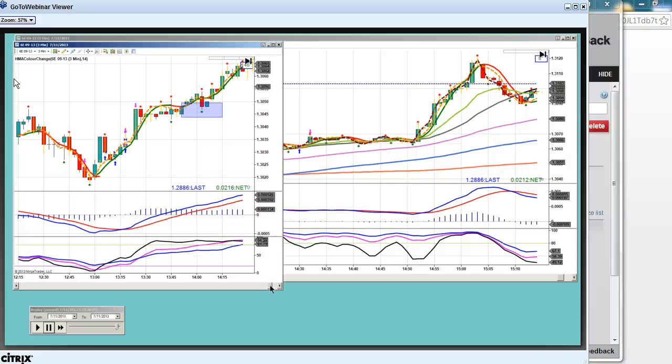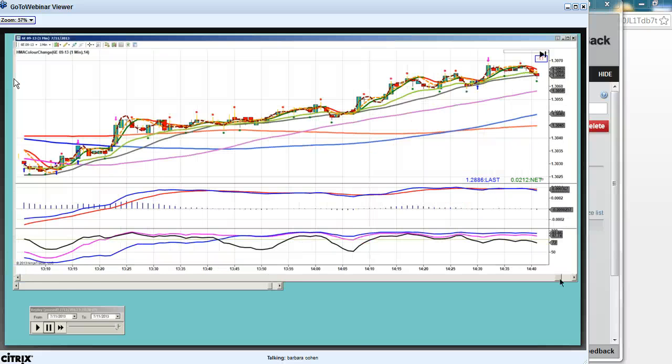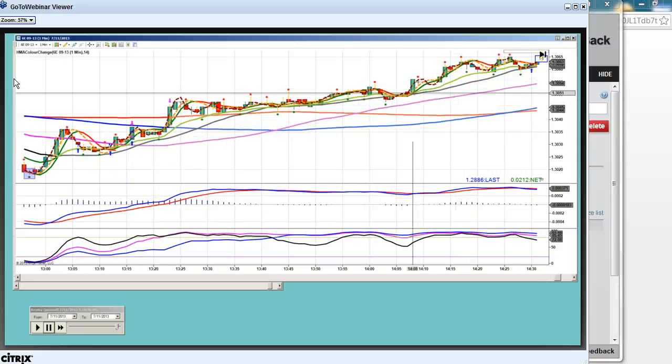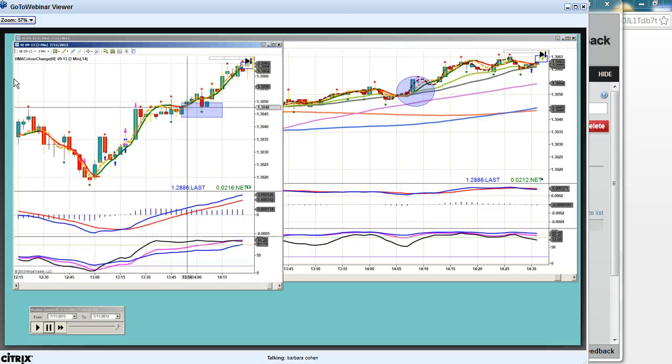2 o'clock is over here. So see here, you got your touching candle. Candles above the HMA. HMA is green. And your 3-minute chart is still green, and the candles are pushing above it. You can still trade it. Remember, you're going with the trend. As long as you're trading with the majority of the moving averages, chances are it's going to work out, as long as you're not at the very end of things or on the wrong side of the HMA.